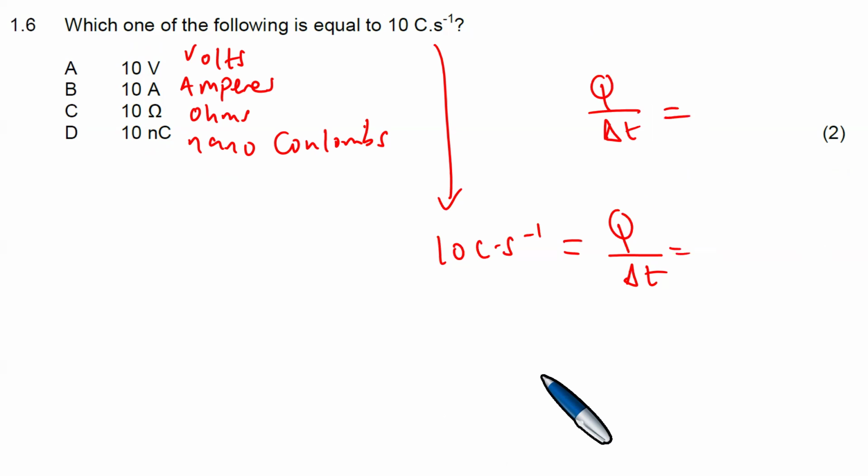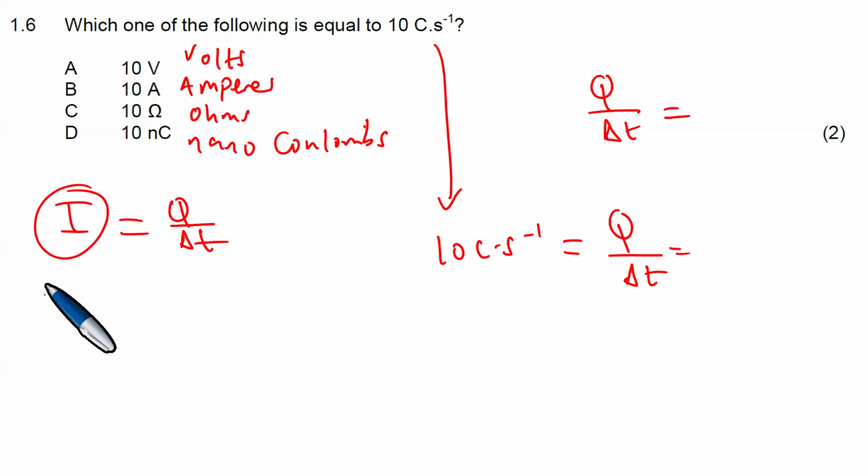Anyone, what is this formula? Charge per unit time is equal to what? You forgot the formula. Okay, the formula is that electrical current is equal to charge per unit time. This is electric current. So in other words, this one here, and now you know that the electric current is